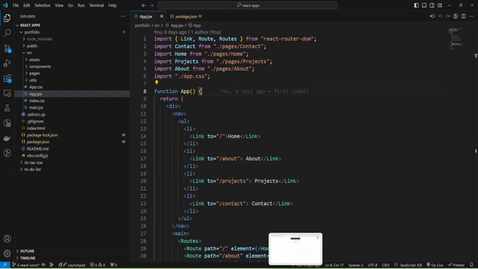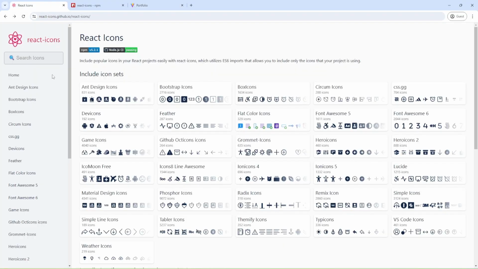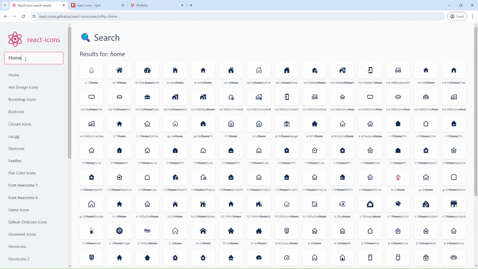And let's find some icon. I'm on react-icons.github.io, and I can use the search for icons, and I need some home icon. As you can see, a lot of icons are provided, and I can select one icon.